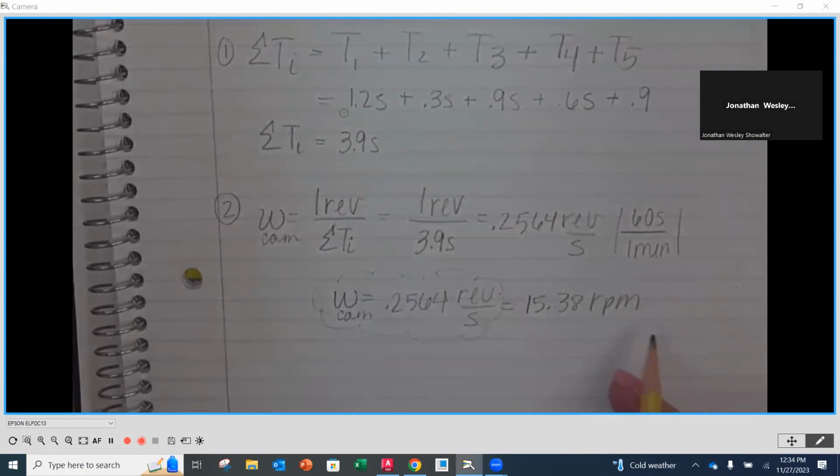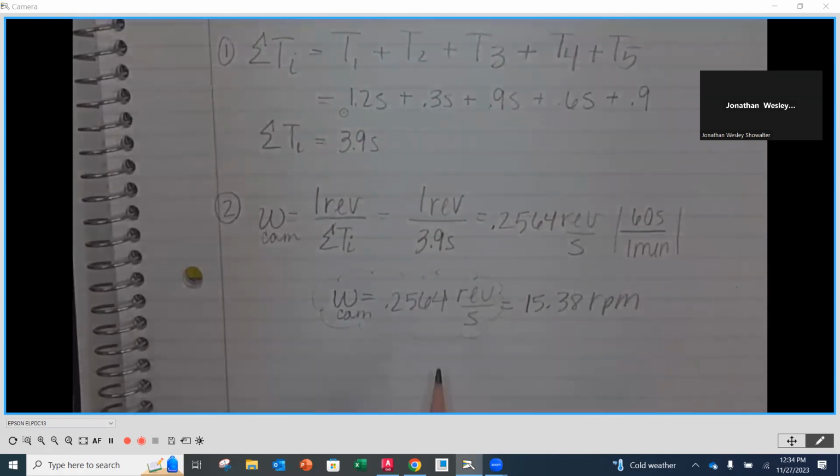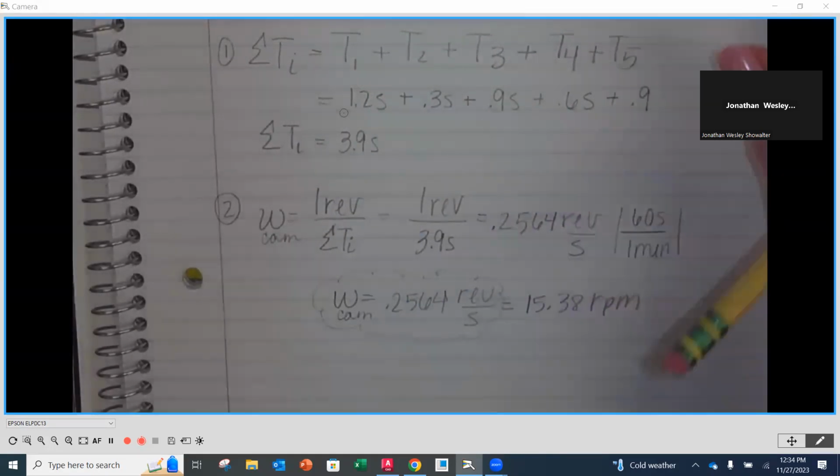Always convert to RPMs, but again, we're going to be using the revolutions per second in just a minute. Okay. Any questions so far? All right. So now,